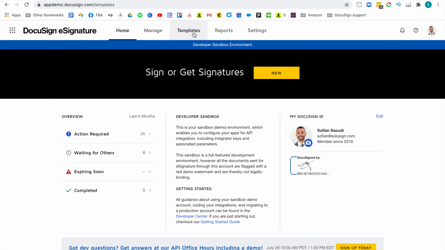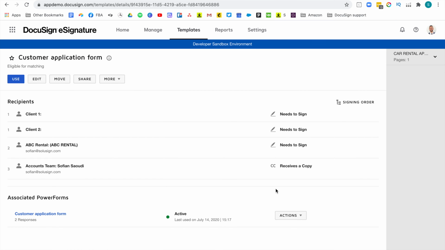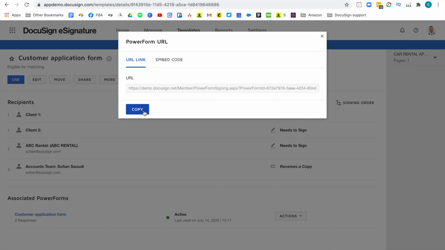And if you ever need to access the URL of your PowerForm again, you will find it in the template section of your web app. Then click on the name of the template on which the PowerForm has been created. And at the bottom you will find actions. Click on copy URL. And this is the link you can directly copy from here and send to your recipients